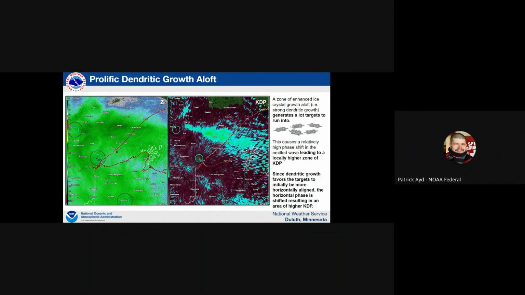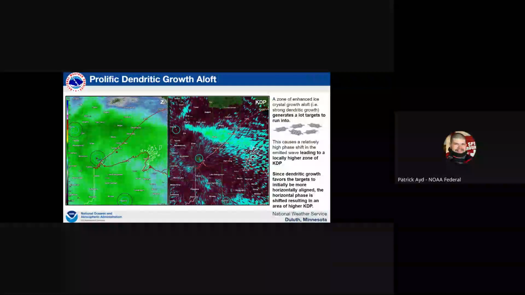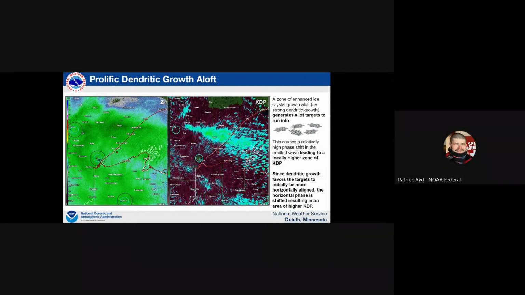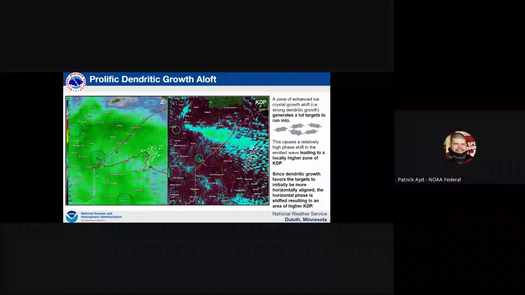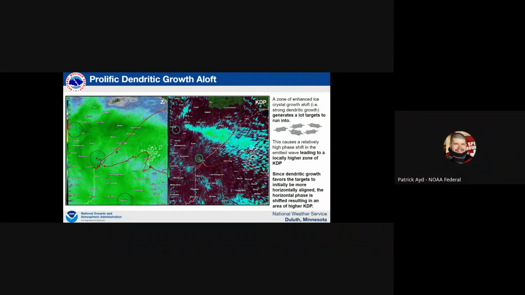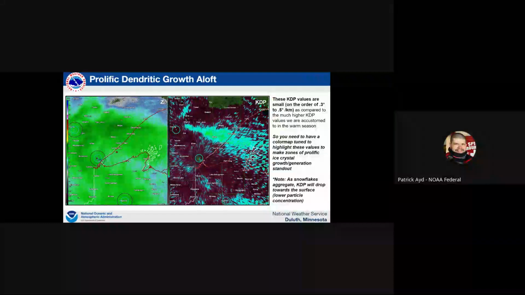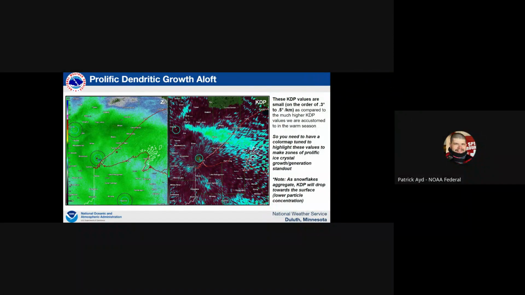Again, relatively higher. You've got to have your color maps tuned to be able to see this. Otherwise, it's just going to look like all red or pink or magenta. And so we can see this zone of enhanced ice crystal growth aloft. And why do we care about that? Because that leads to high snowfall rates and impacts at the surface. So again, we talked about that. One thing that we'll show in the next example is as